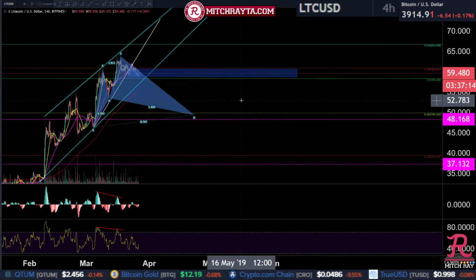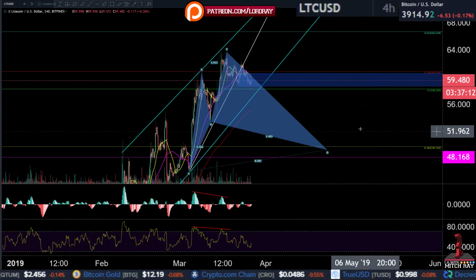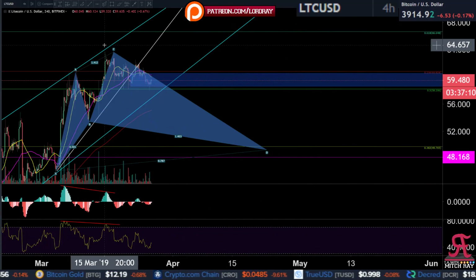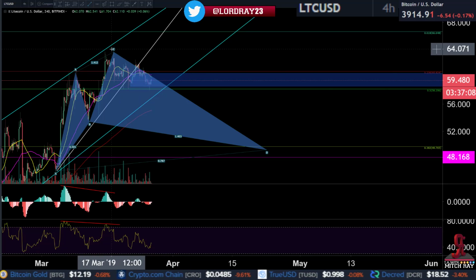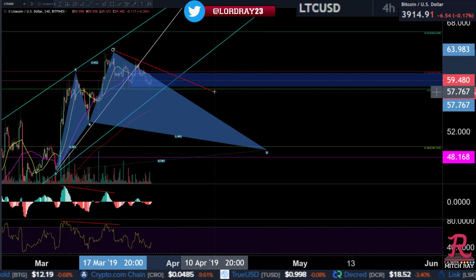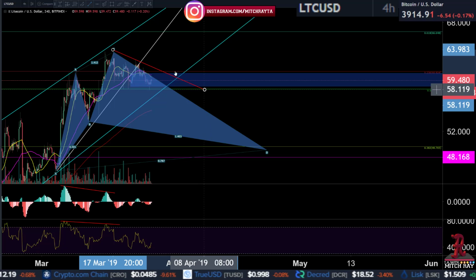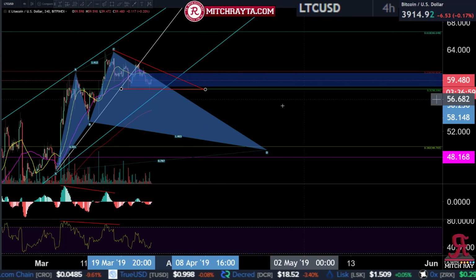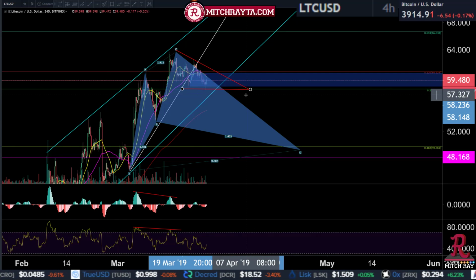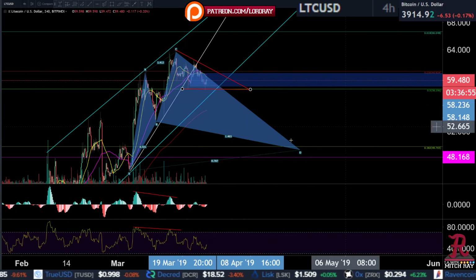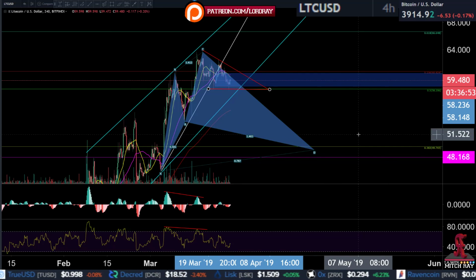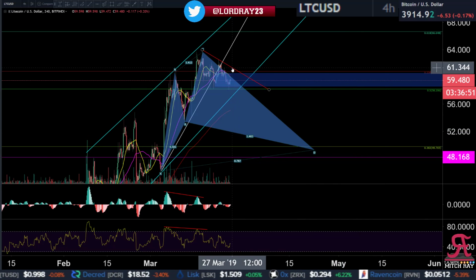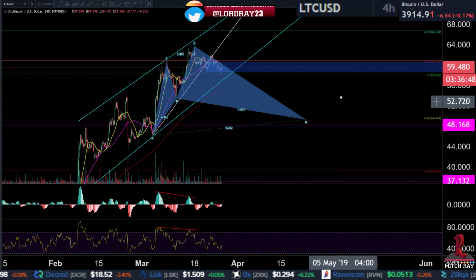But honestly, man, what I think's going on inside right here, does this not look like some sort of descending triangle, right? You have multiple reaction highs, and then you have multiple reaction lows. So that is a bearish reversal pattern in this context. So we very well could sell off, and it would make all the sense in the world, because what we'd be looking for on Litecoin in this situation, if it was to play out, really would be